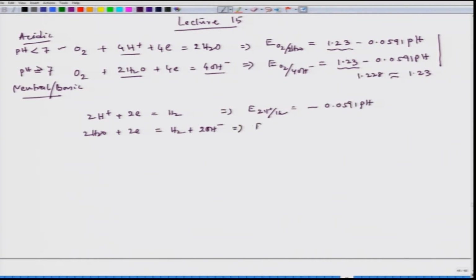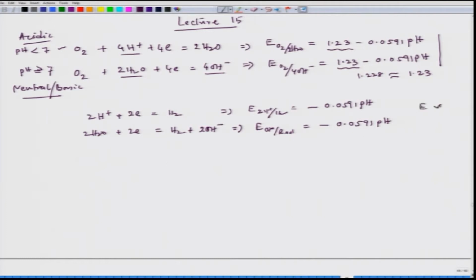So I can write E for this reaction equal to minus 0.0591 pH. Same equation,